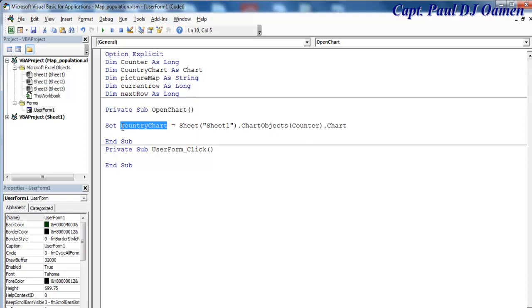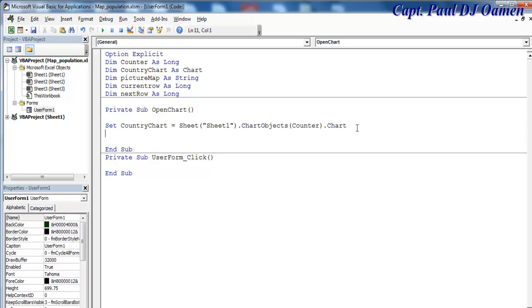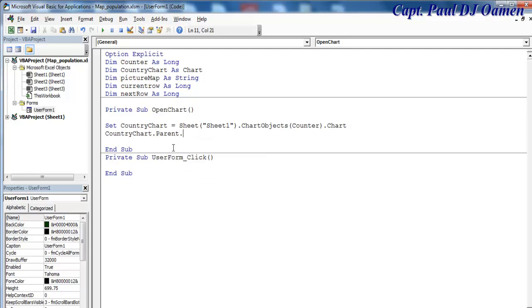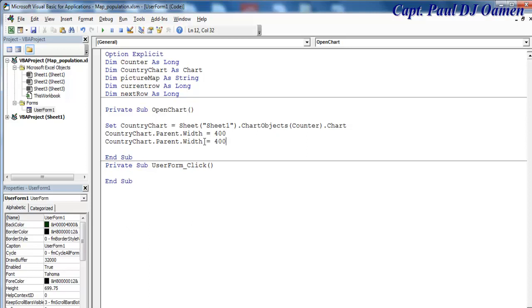Now this very chart, let me set its width, country chart dot parent dot width. I'm going to make that about 400, and I'm going to set the height as well. Copy and paste, and the height, maybe we'll make that about 200 or 300. Okay,